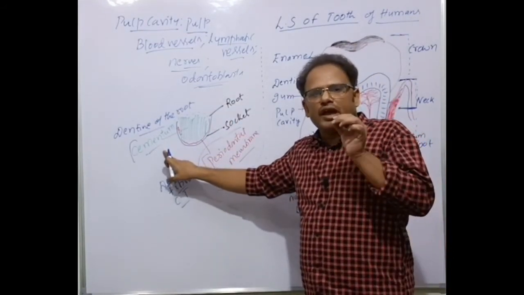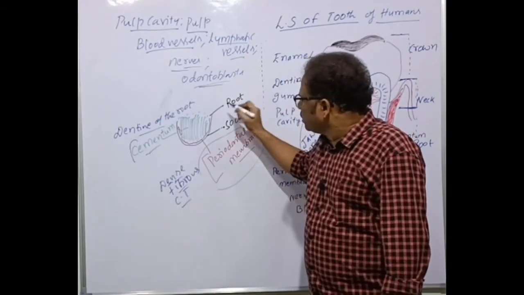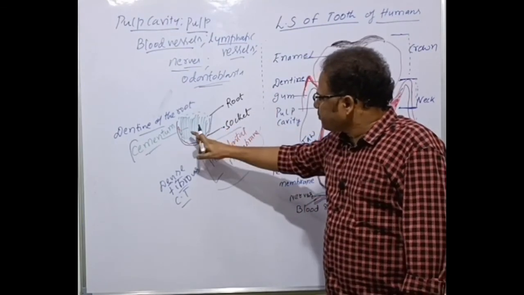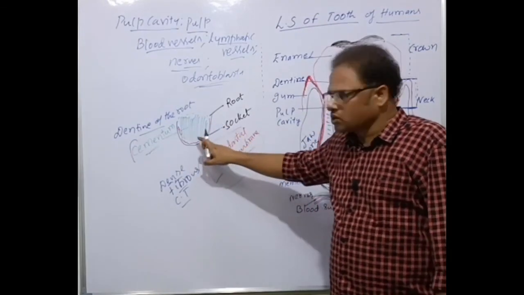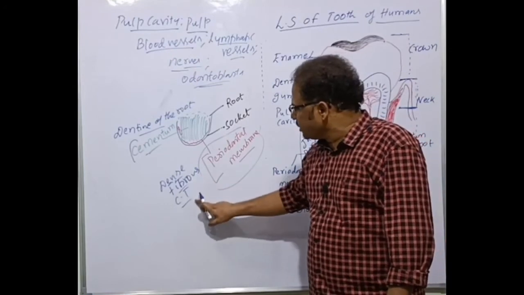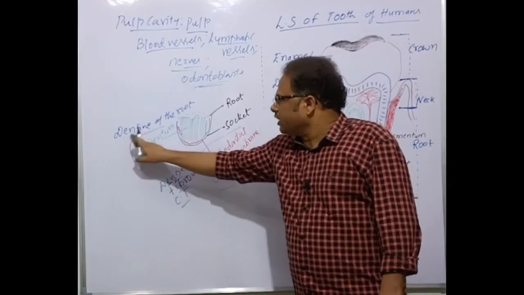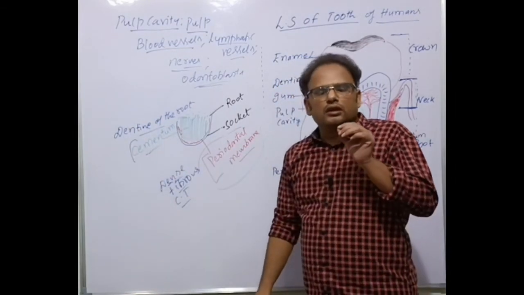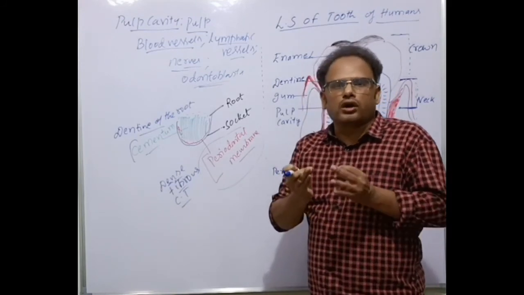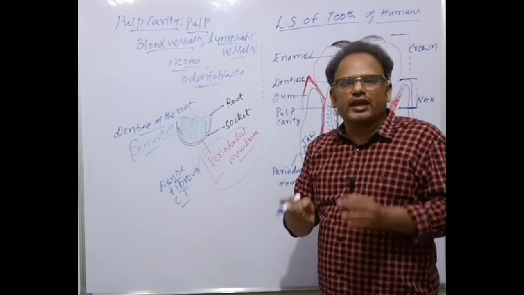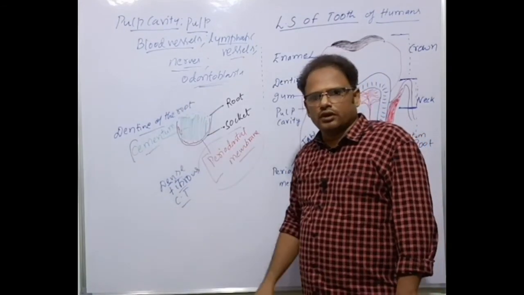Cementum is an important connecting substance because it connects the root with the periodontal membrane. Where is the periodontal membrane present? It is present inside the socket. It is a dense fibrous connective tissue sheath, connected to the root with the help of cementum. In this way, the teeth are very strong, because each tooth is strongly embedded inside the socket by the cementum. Getting the point?